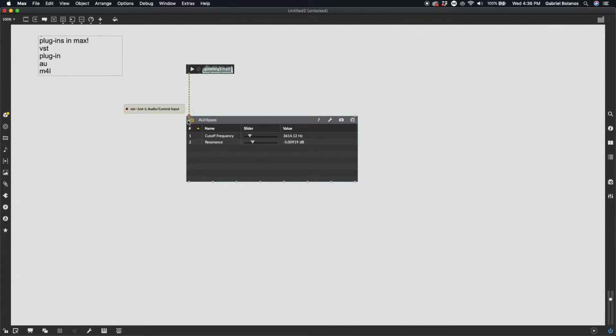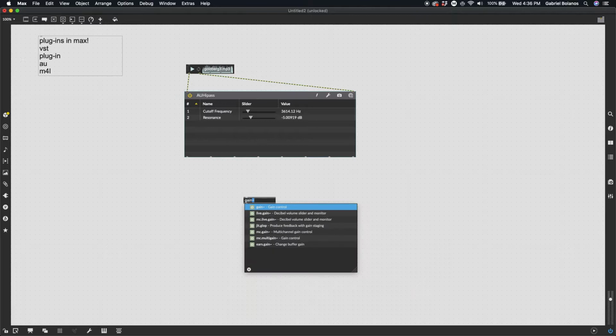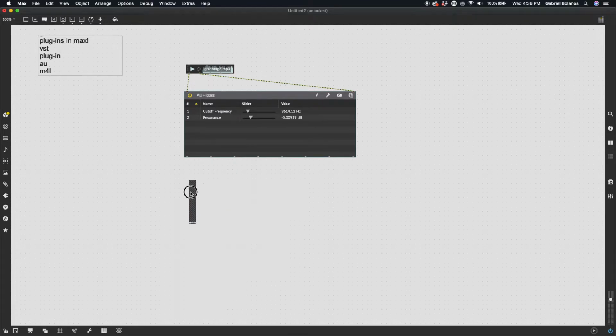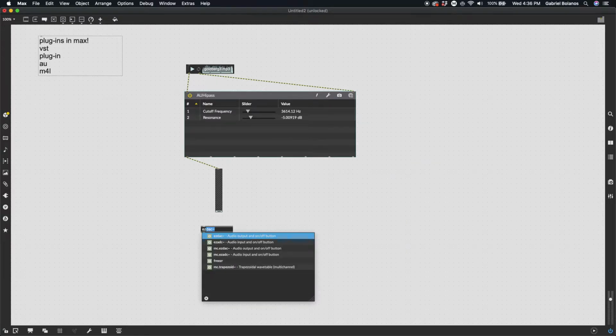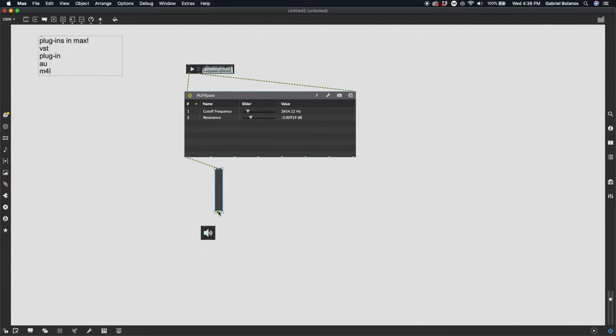But here we have a little example from the Goldberg Variations. As you can see, if I hover over the left inlet, we have audio or control input. And here we have the input of channel 2. Then we need a gain slider. I'll just use mono for now. And an ezdac, an easy digital to audio converter. If I loop this,